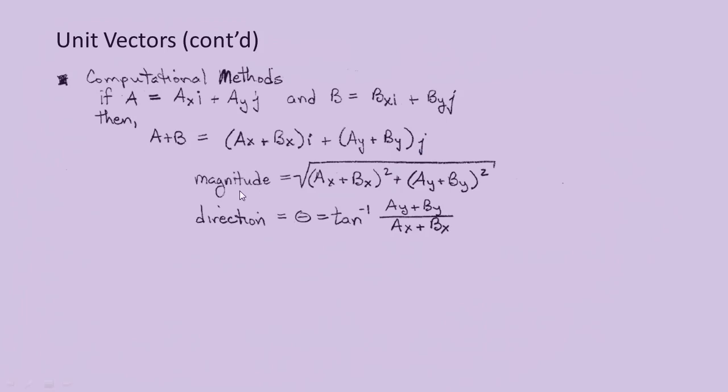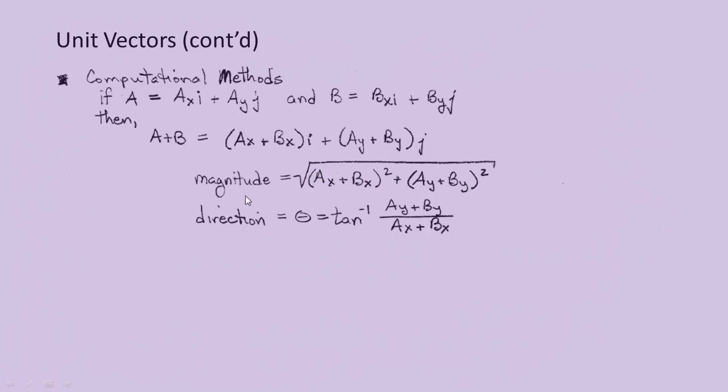And now we can use the Pythagorean theorem to find the magnitude of this overall or resultant vector. We take the sum of a sub x plus b sub x, we square that. We take the sum of a sub y plus b sub y, we square that, and then we add those two squares together and take the square root of that sum, and that'll